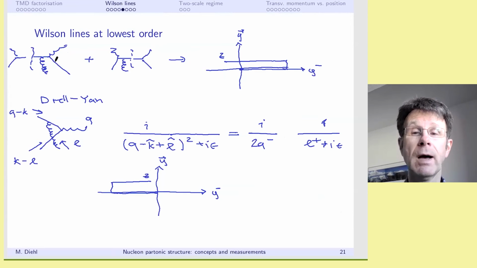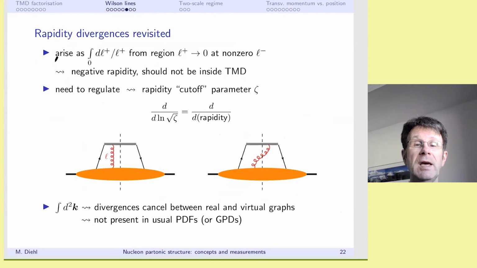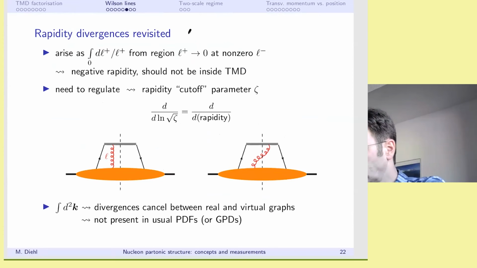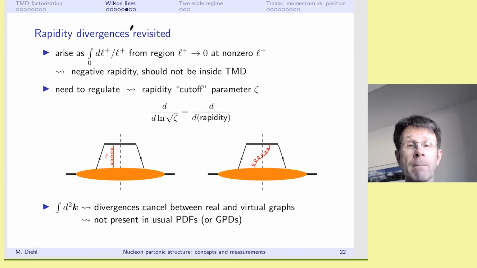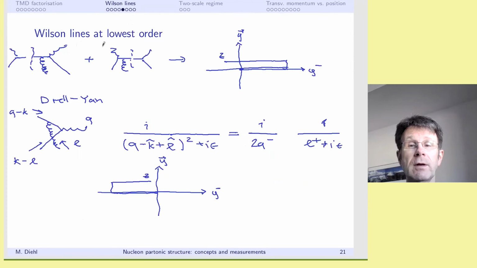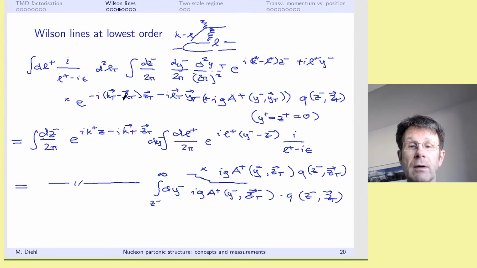I will now again become more sketchy, because to go through the details of the remaining arguments would cost us too much time. But I want to come briefly back to this issue of rapidity divergences. If one takes a closer look at the calculations, there are, on top of these integrals that I've discussed here, where we had the integral over all L plus over such an approximated propagator, because that's what it really was,